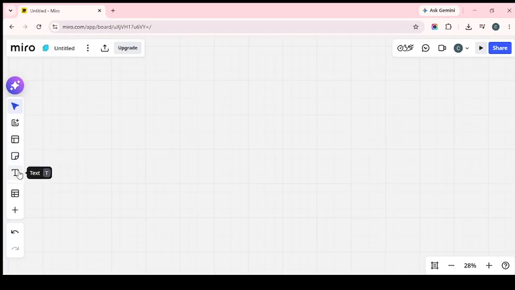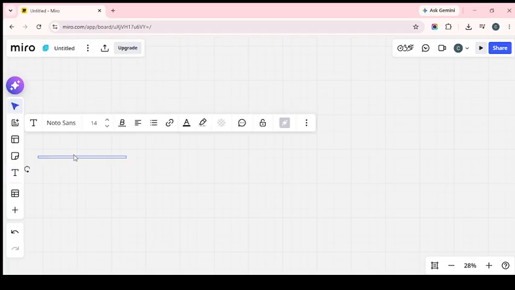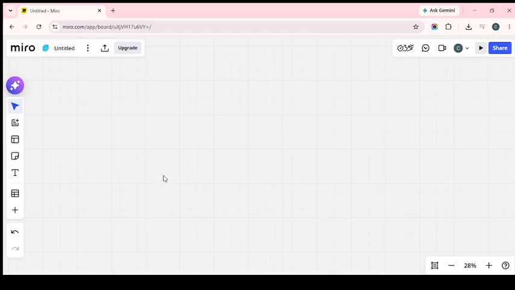As you work, keep spacing and alignment in mind so the board stays readable. A clean visual structure makes collaboration smoother and helps people focus on the content instead of the layout. That's the process. Open Miro in Chrome, choose a workflow template, paste in text lists to generate sticky notes,